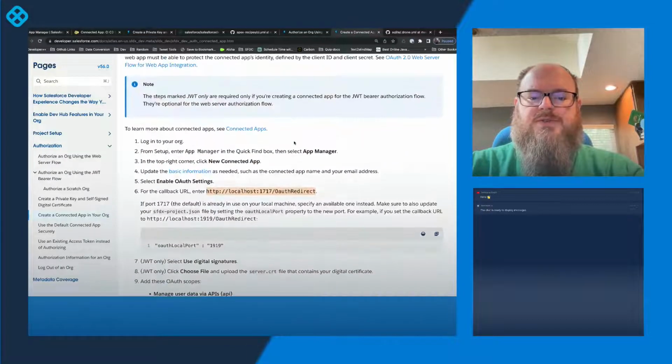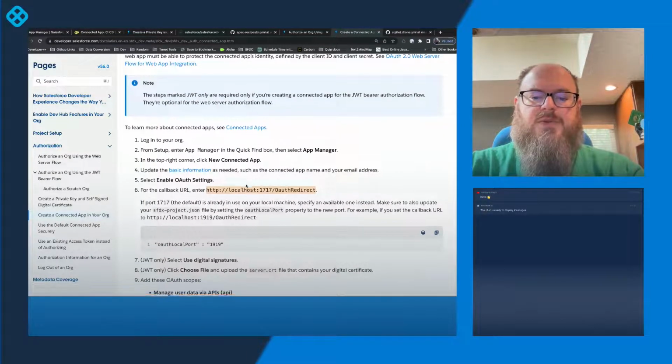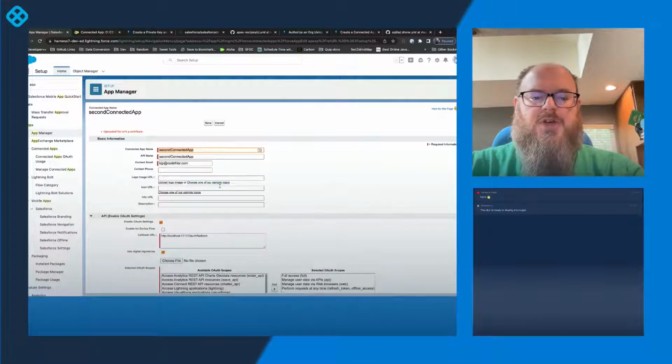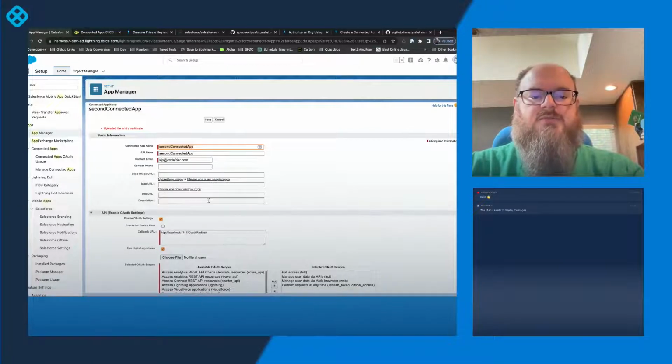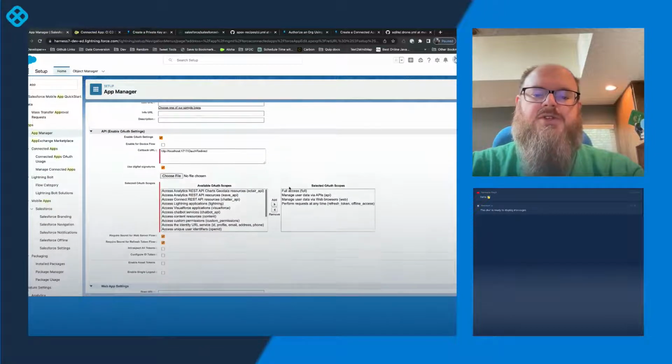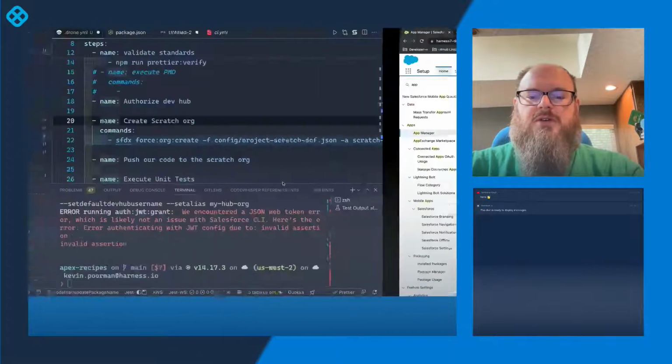Because there was nothing else, basic info needed. Yep. So this should be the easy part, and it is proving difficult. Uploaded file isn't a certificate. Oh, interesting. Well, that could be why we're having an issue, isn't it? Let's go back and look at our